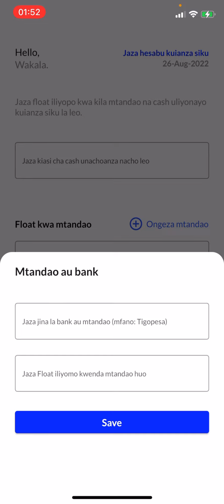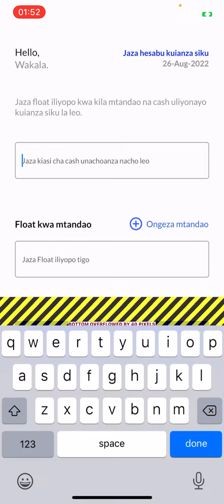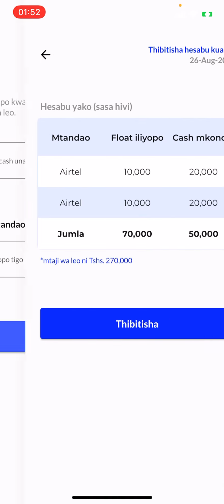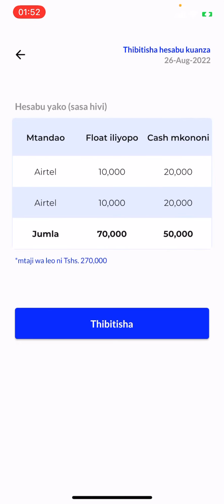He has maybe 6 wallets or 8 wallets. He will be able to create them and fill in the amount of float. This table here is to fill the amount of cash they can begin the day. And this is a rough summary of how they began the day, the float available per wallet, and how much cash they have at hand, and the total capital they are starting with that day. So they verify to start that day of